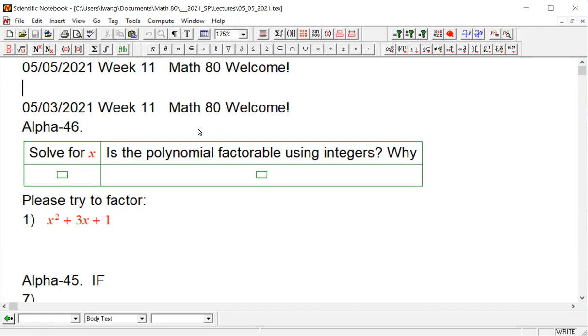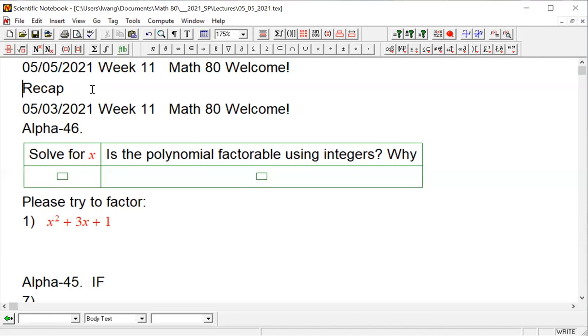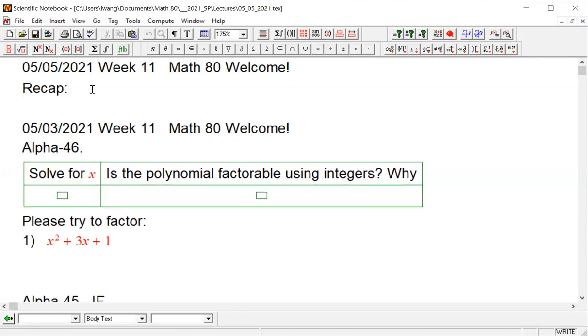Today we're going to talk about more factoring. Let's recap what we have done. We have factored, and we have solved the equations. We have done these factorings of various forms. In general, we have factored